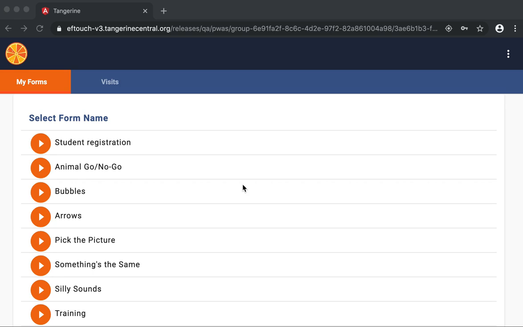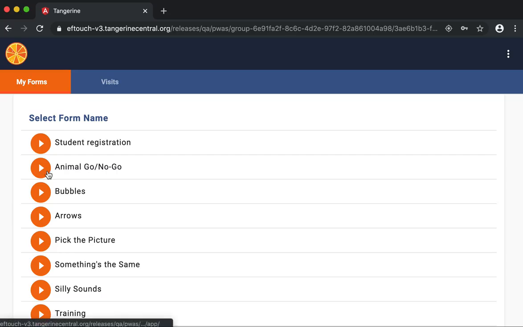In this video, I'm going to show you how to work around the student ID problem. You can see that I have created a new form which is called student registration. What happens? The workflow slightly changes so that if I intend to start the animal go no go, for example,